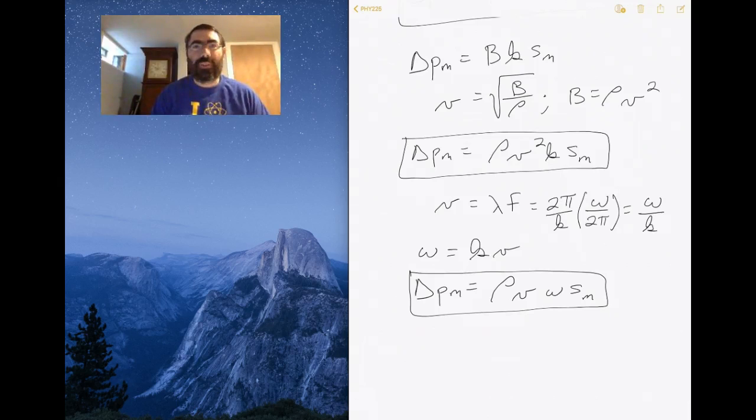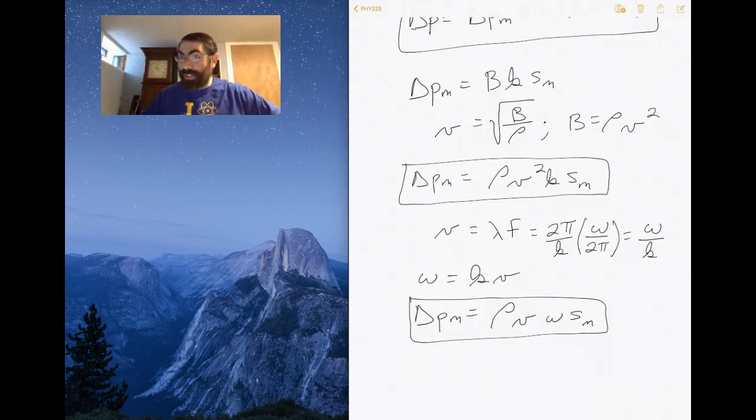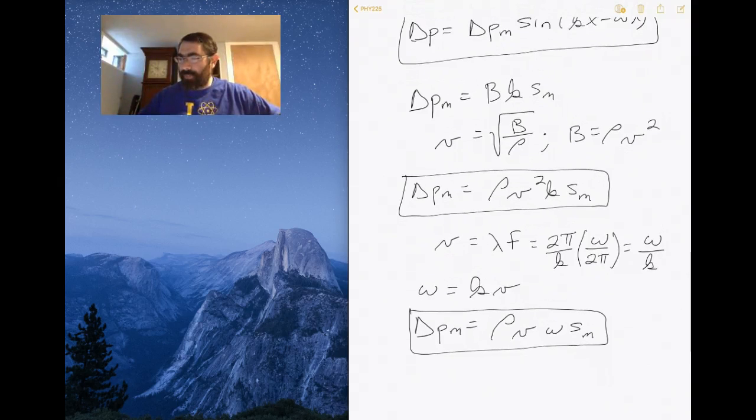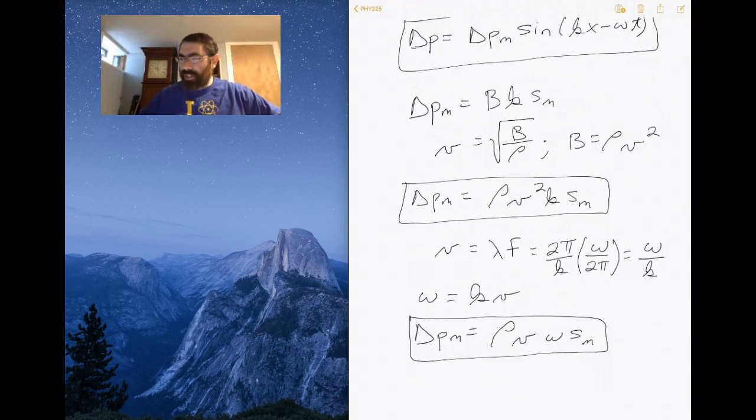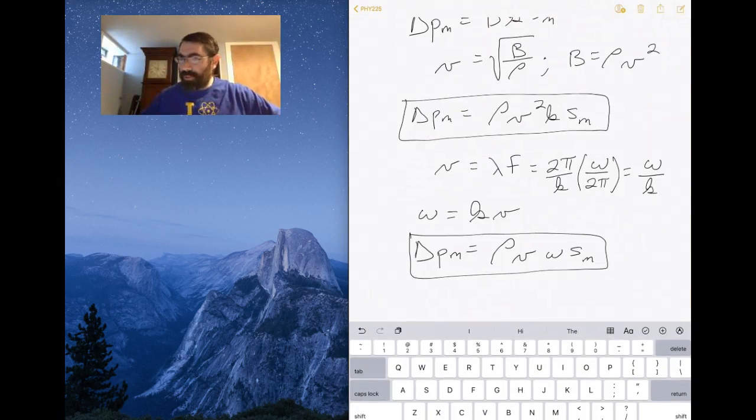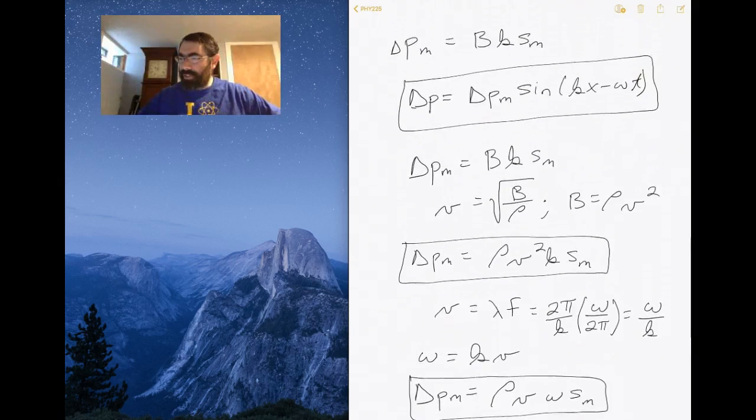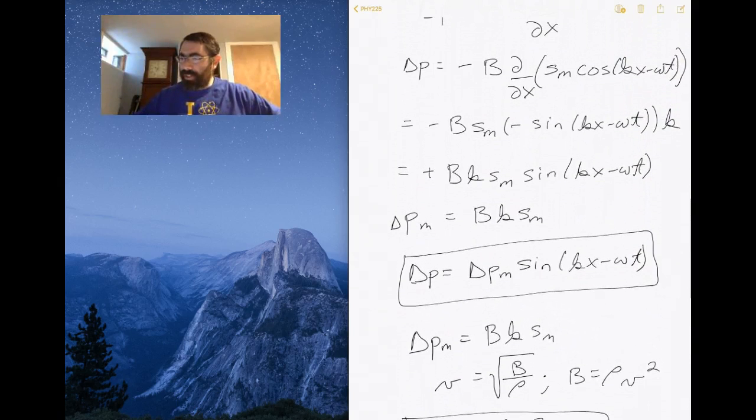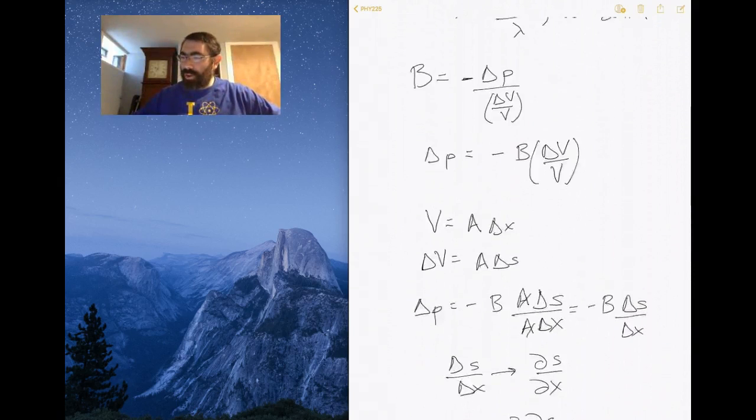You know, six one way, half a dozen the other. Which one you want to use really just depends on the problem that you're trying to solve. But the key here, well, there's a couple of key notes to discuss. One of them is that if I go all the way back,